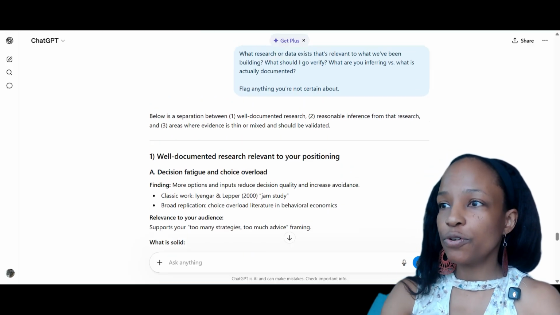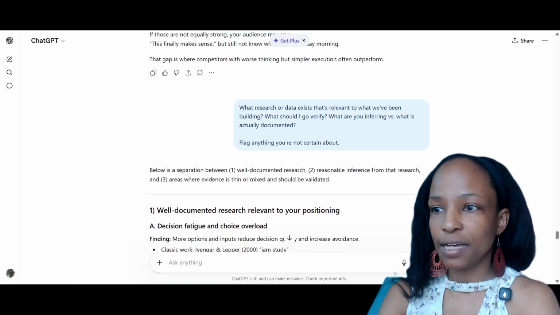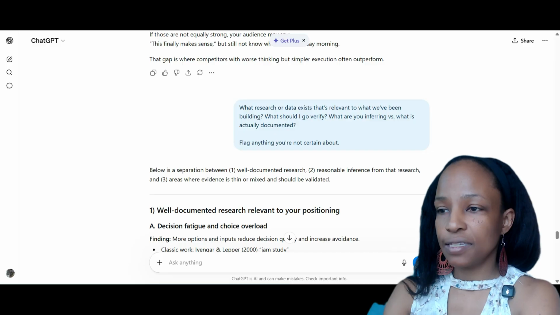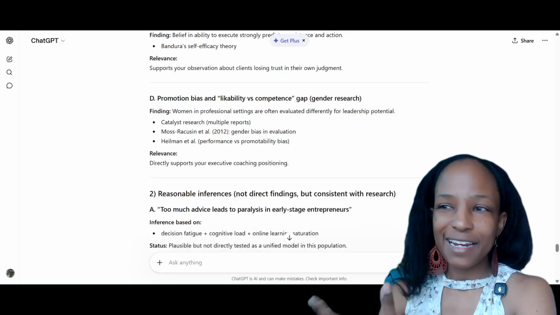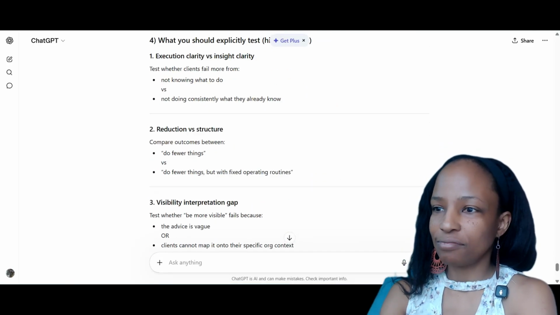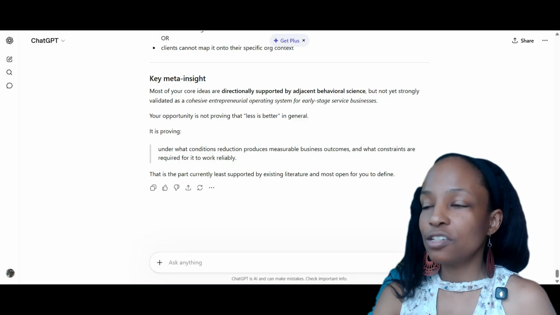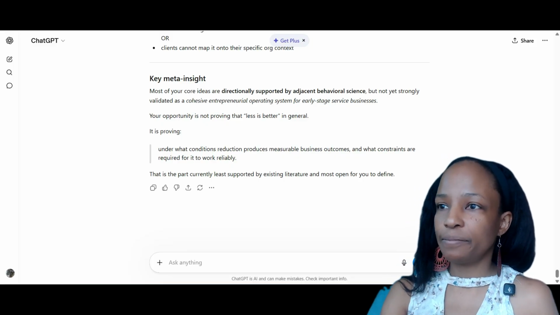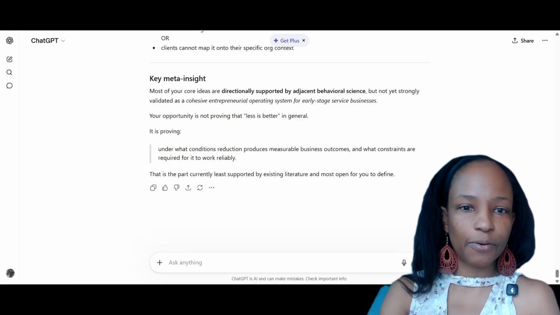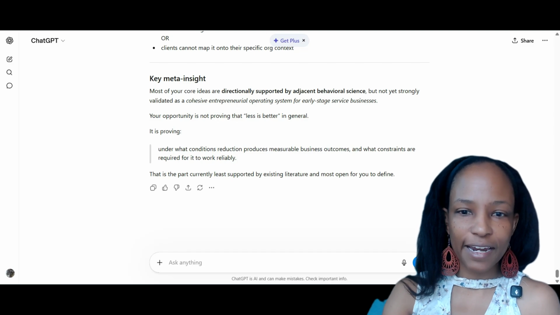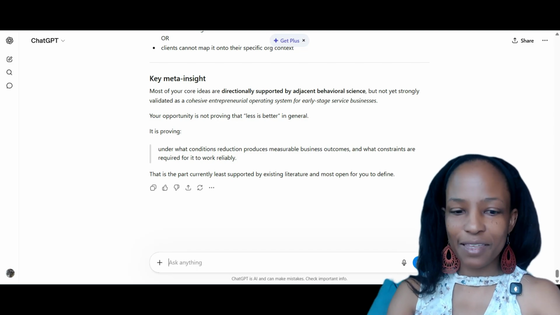But I just want to show you that I am taking these steps because it asks what data or research exists. Right now it's not going to give me any links because I don't know what the free version of ChatGPT is using. I haven't used it in a minute, but it's giving me some research. Not important because it's a demo. And then it's like, okay, now give me the strategy. Give me the Q3 strategy.